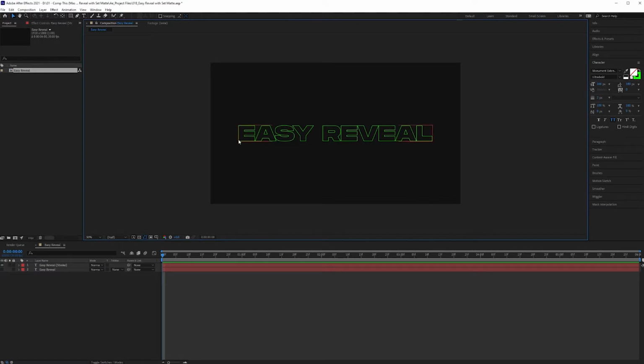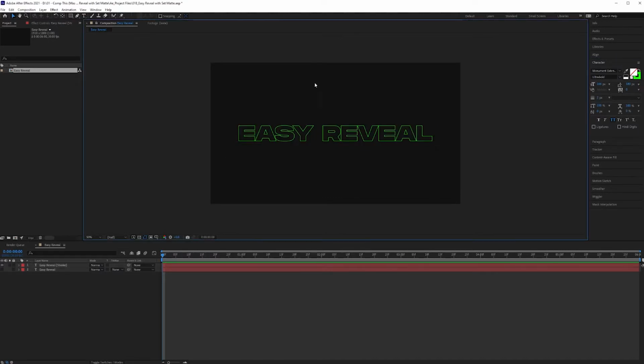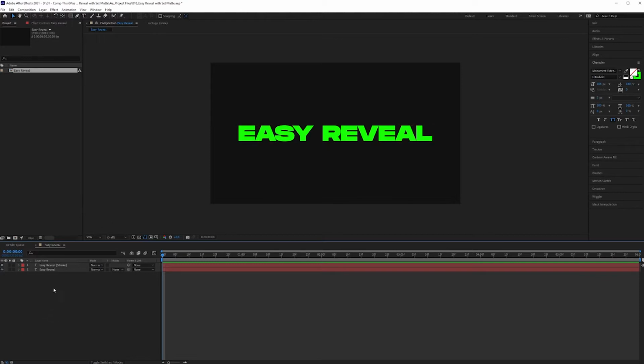If your stroke size is a little bit too thin or too thick, you can highlight your stroke layer and go here and change the number to make it thicker or thinner. I'm going to set mine to 2 pixels. That's how it looks. I'm going to bring back in the fill layer and make sure that nothing is highlighted